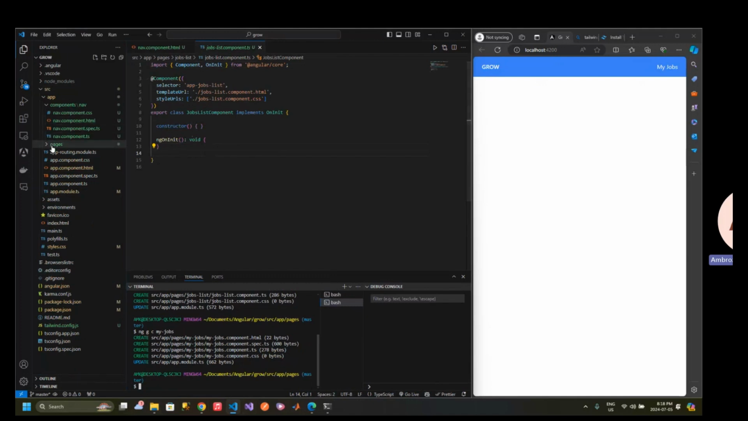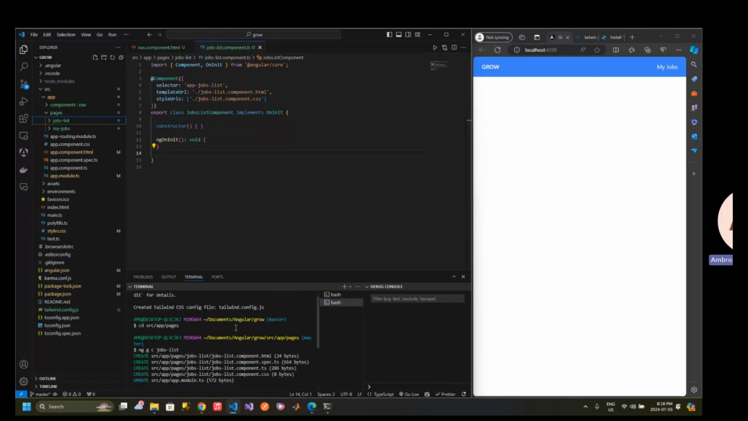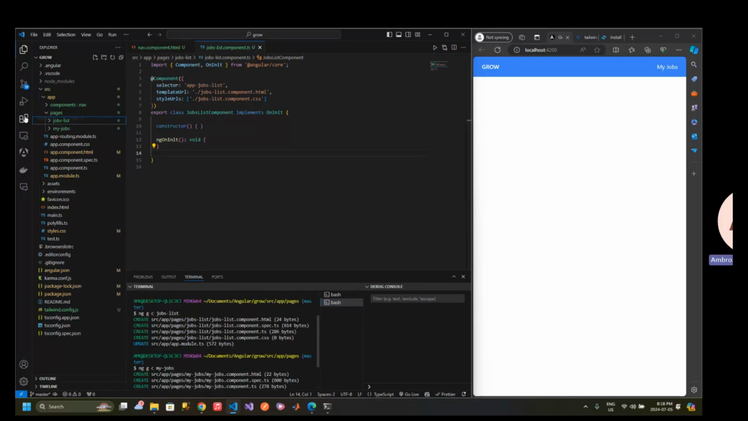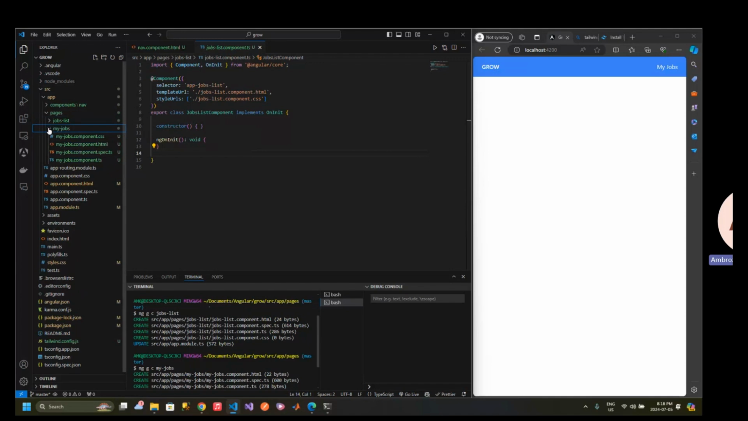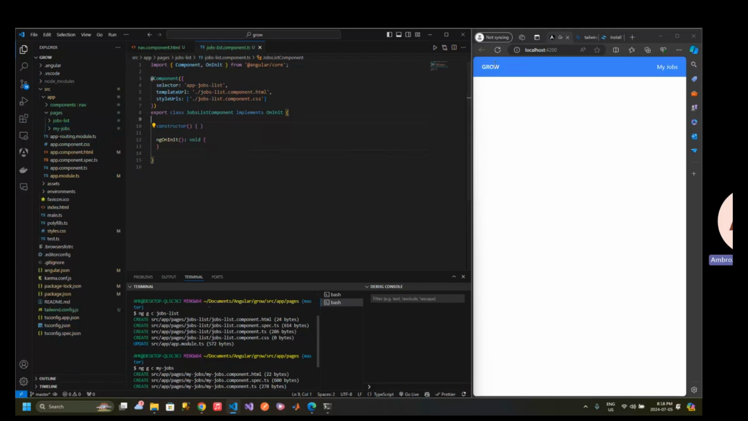Okay, so now go back to pages, which is right here. You can see I have jobs list, which I created here. We also have my jobs, which I've just created right here. And each of them has those four files. Okay, so let's go back to our navigation and add the links, because you can see now these are not links, right? But before we do that, there's a file called